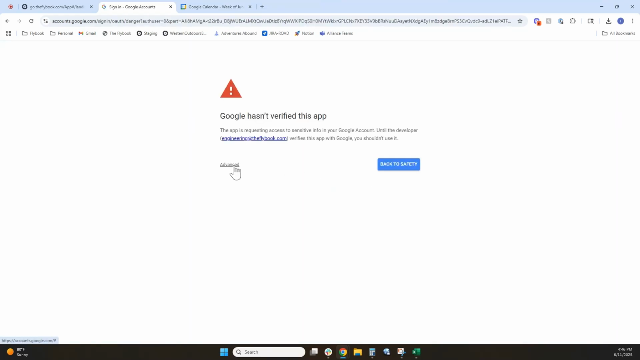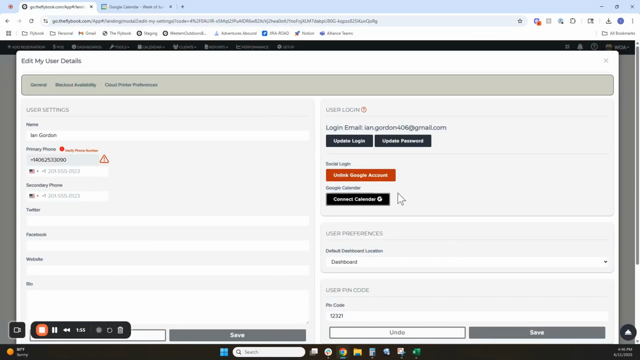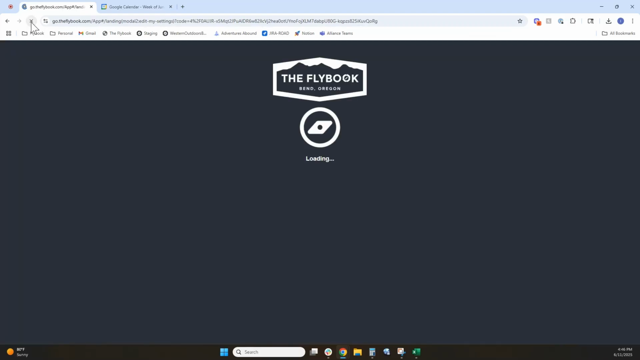You may have to go through this step where I can advance past this by showing advanced items, continue to the Flybook, and then it's going to ask me if I want to share my calendar permissions with this. I've already done it through the login, so I'm going to go ahead and continue that. That will set up my linking. If I refresh the page,